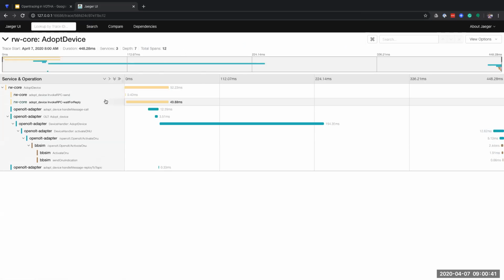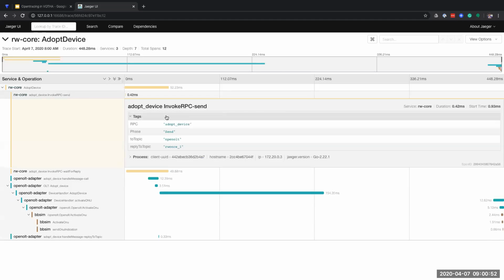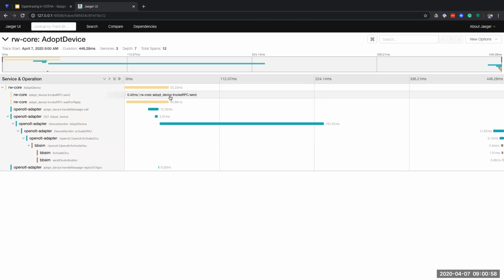the Kafka topic. So I just modified the rewrite code and the VOLTHA library code to support open tracing in Kafka. So I will invoke RPC, and I can see the topic, the to topic, and reply to topic, some data here.